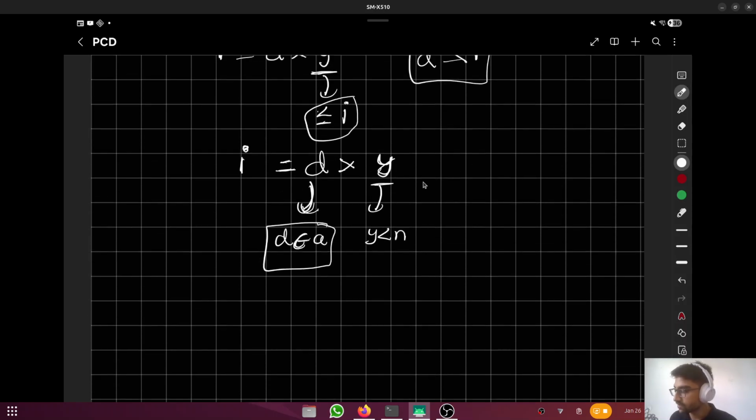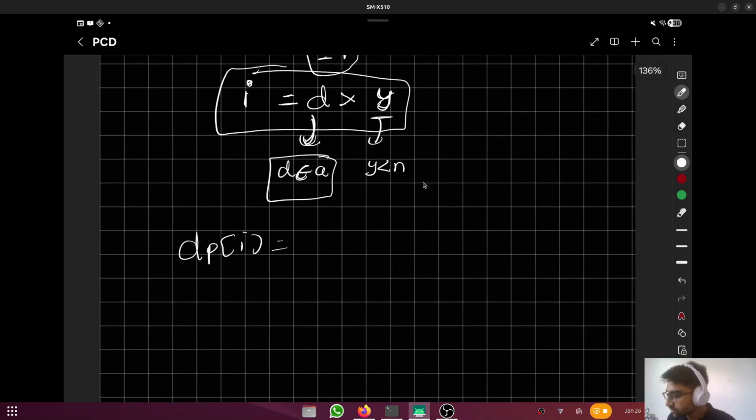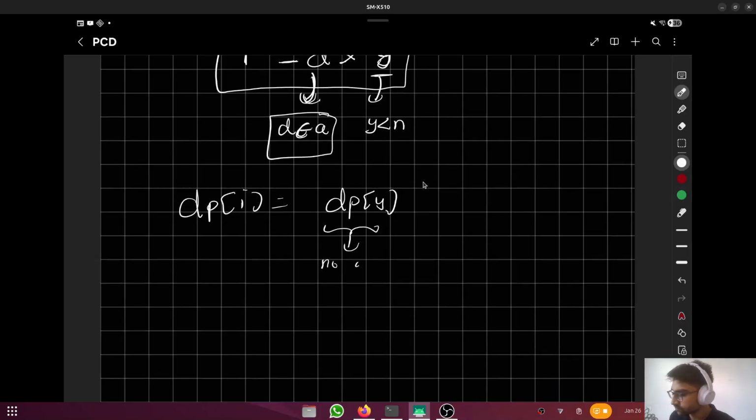So basically, if I can represent i in this format, what I can tell is dp of i equal to, as y is strictly less than n, dp of y, the number of ways to make y, the min number of elements needed to make y